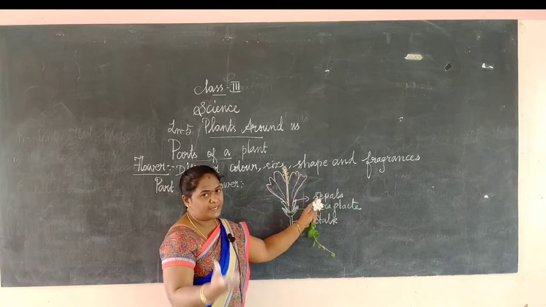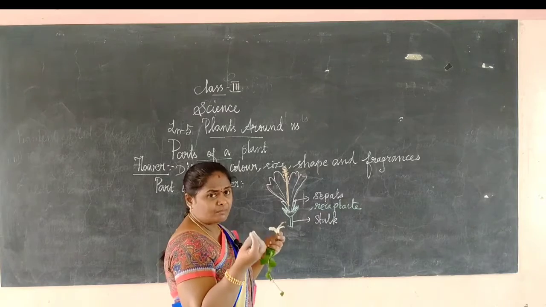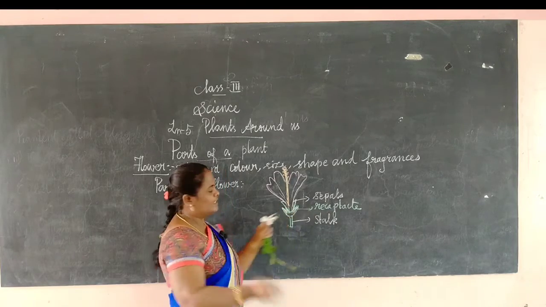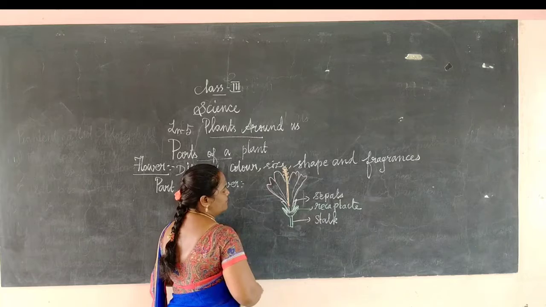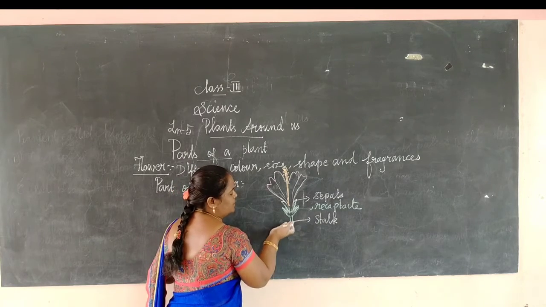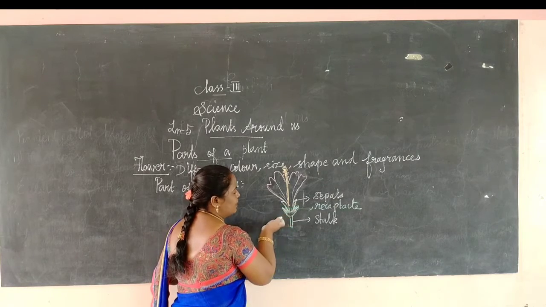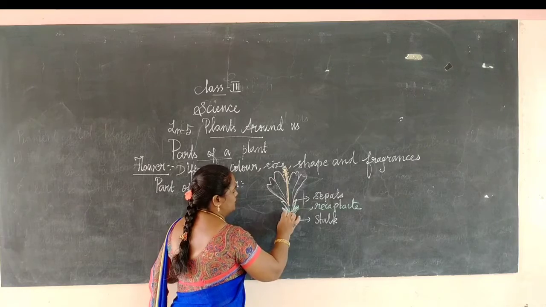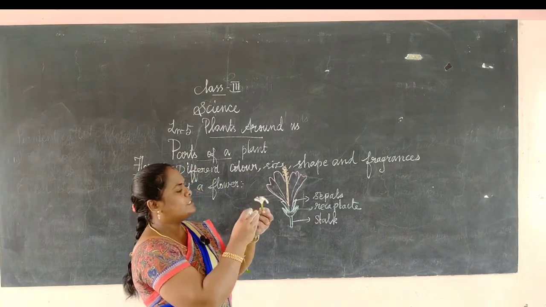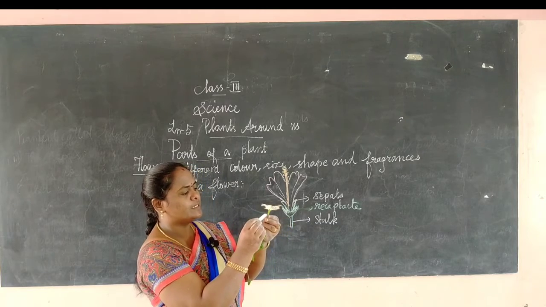They enclose the bud. அந்த bud வந்து இதுக்குள்ள தான் இருக்கும். They are green in color. First வந்து இது வந்து பூவோட காம்பு, so that is called the stalk. இதுதான் the flower ஓட basement, which forms the base of the flower, so that is called the receptacle. The small green color ல first நீங்க பாத்தீங்கன்னா தெரியும், so small இது இருக்கும், so that is called the receptacle.